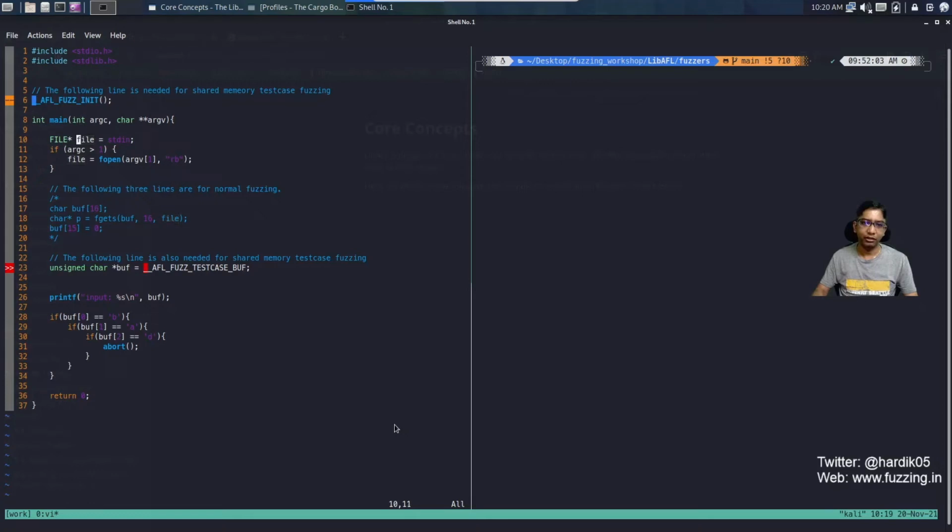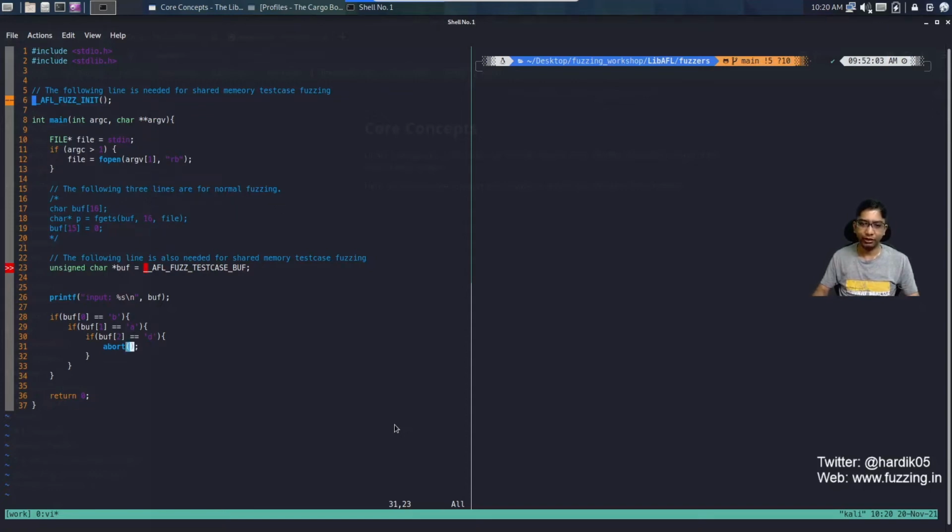Then it is reading some data from standard input. It is opening a file, and inside that, we'll come to this line later. You will see that it is checking if buffer 0 is equal to B and buffer 1 is A and buffer 2 is D, then it simply aborts. So basically, if the input string contains BAD, then this program will crash because we are calling abort over here.